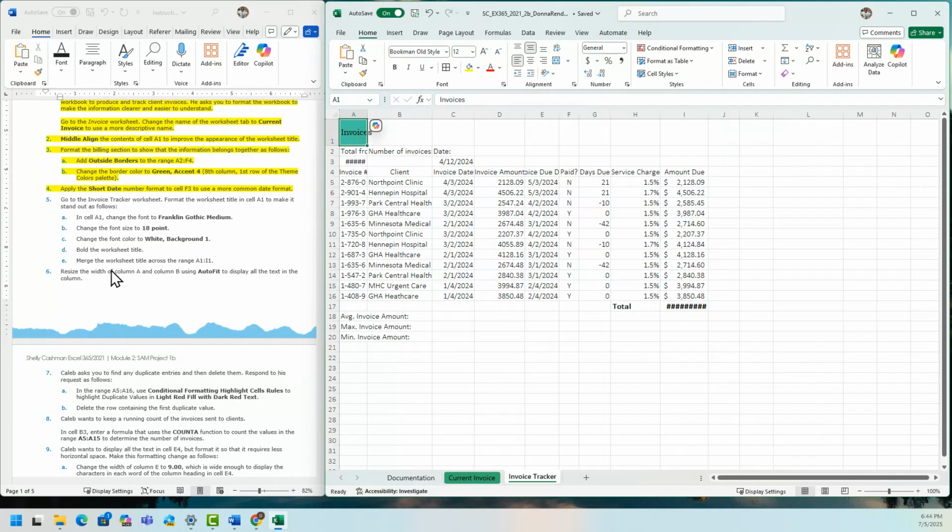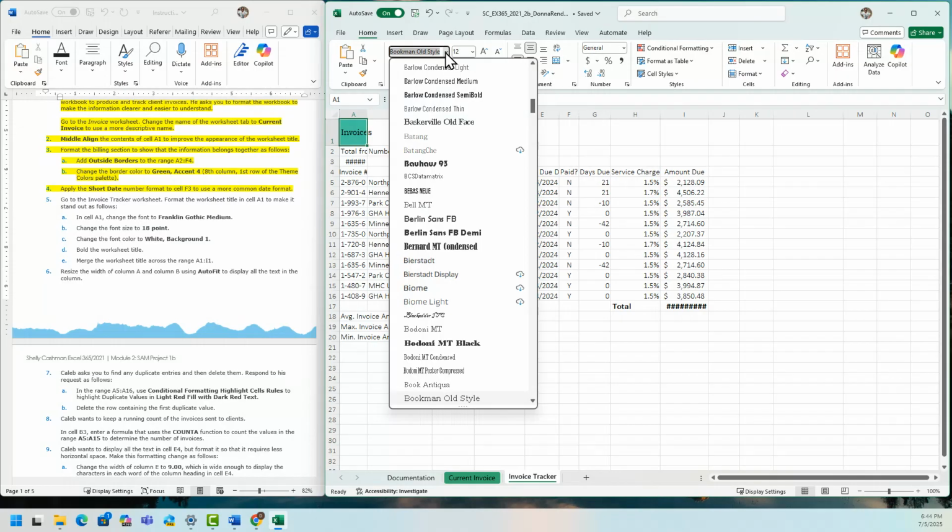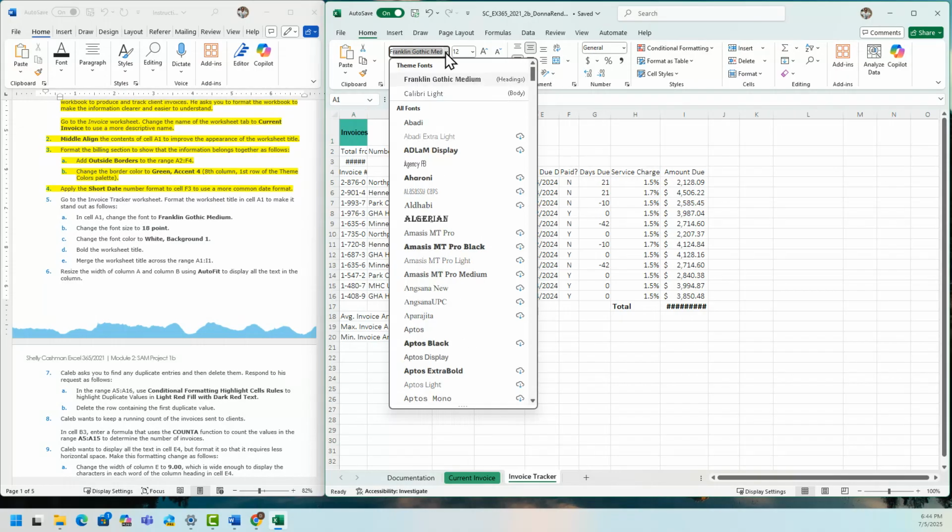And then the first step, 5A, in cell A1, change the font to Franklin Gothic Medium. So go to A1 and under the font group, look for Franklin Gothic. I'm just going to type F to go straight to Franklin Gothic Medium.